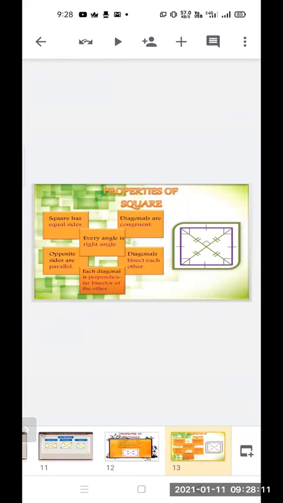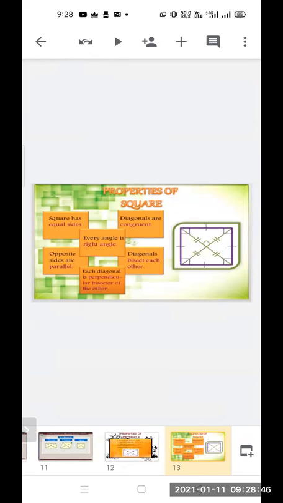Next we have already discussed, and it is familiar to all, and you have studied it in the previous lower classes, this geometrical figure, that is the square. So what is the definition of a square? A quadrilateral is a square if all of its sides are equal and all of its angles are right angles. So a square is a quadrilateral in which all of its sides are equal and all of its angles are right angles. Let us see the properties.